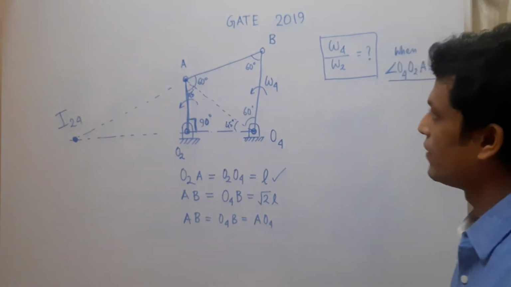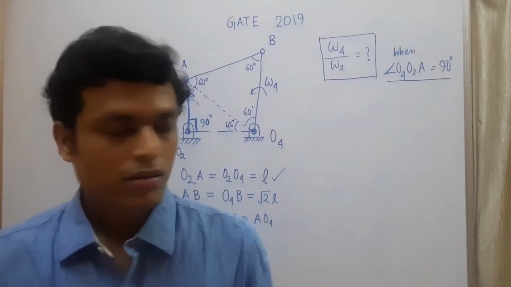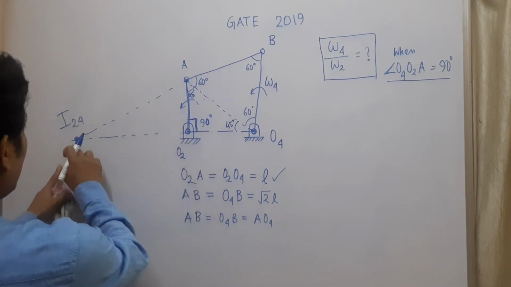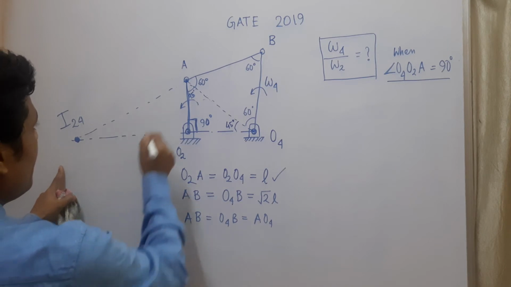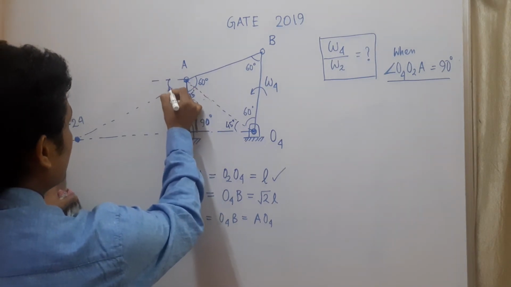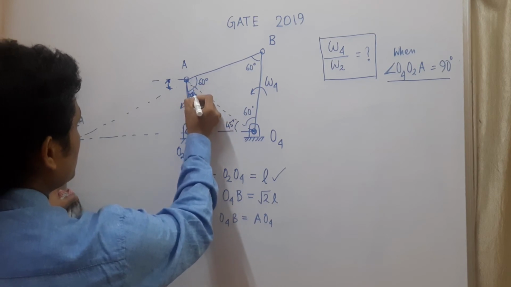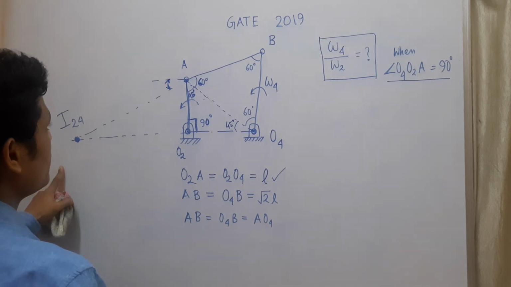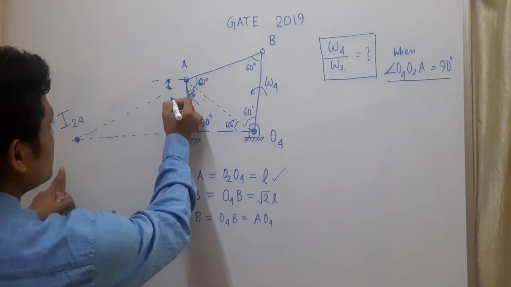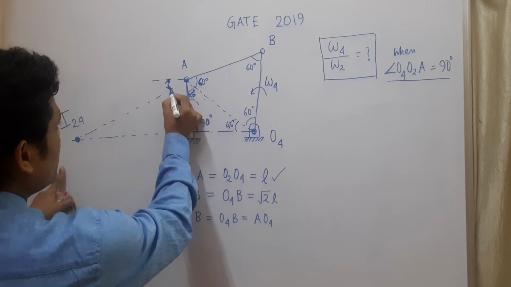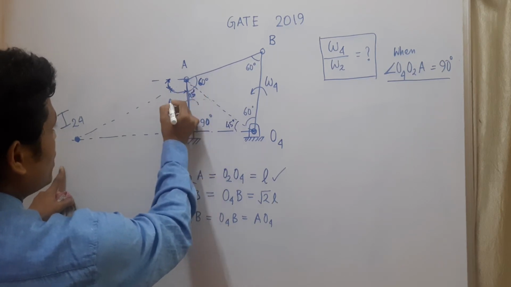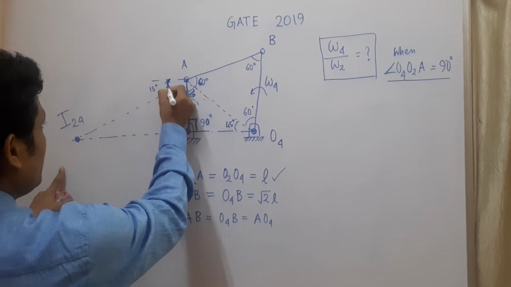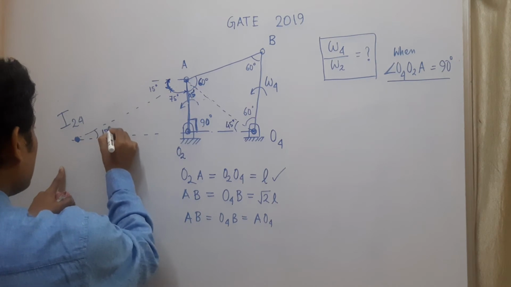This will also be 45 degree. So now we have to find out the distance O2 I24. What is this angle? This is 45 plus 60, so 105, and this is what? If this is 105, 180 minus 105, that is 75 degree. So this angle will be 15 degree. Similarly, this will also be 15 degree.